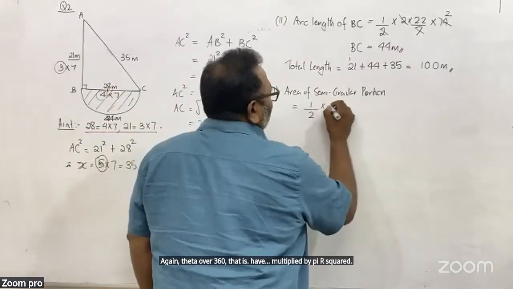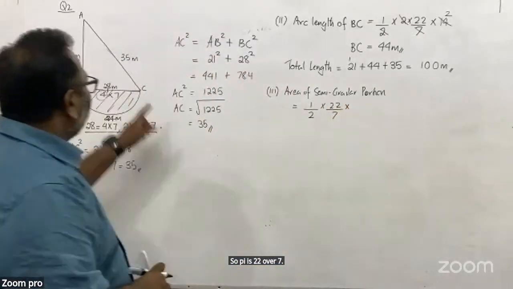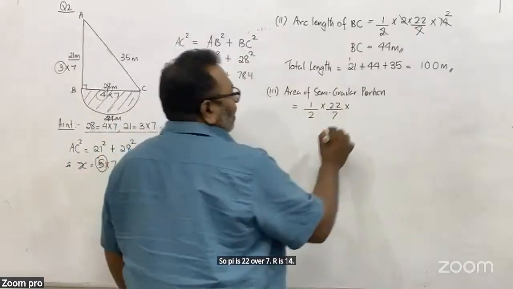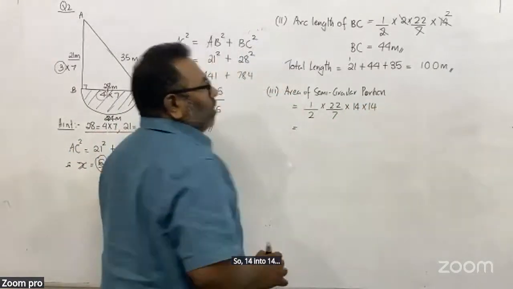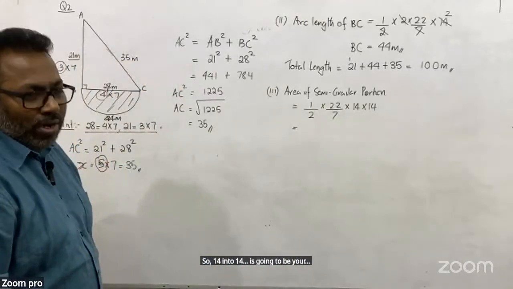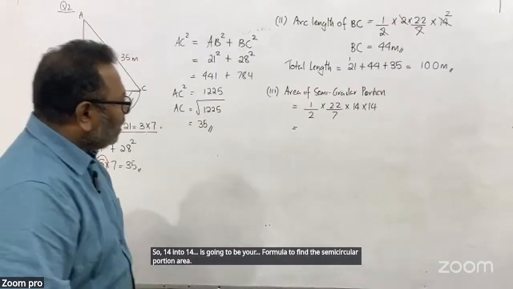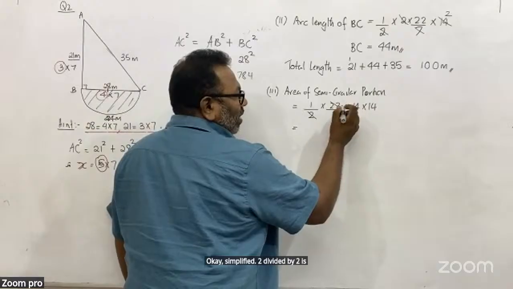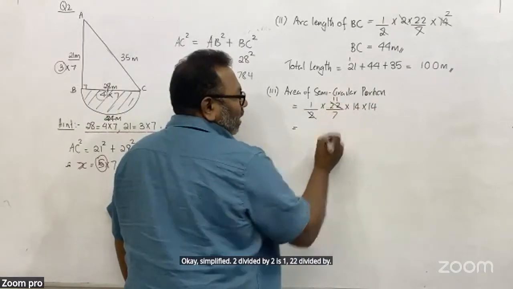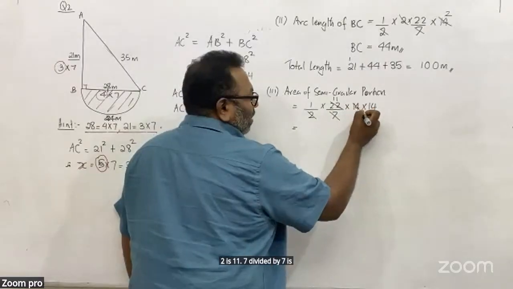So pi is 22 over 7, r is 14. So 14 into 14 is your formula to find the semicircular portion area. Okay, simplify. 2 divided by 2 is 1, 22 divided by 2 is 11, 7 divided by 7 is 1, 14 divided by 7 is